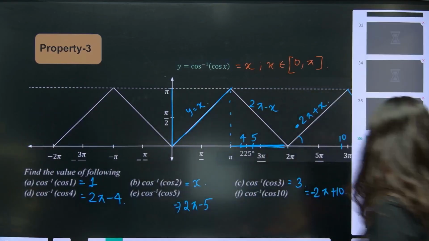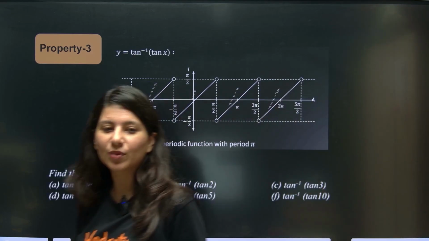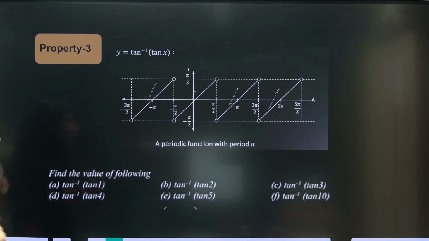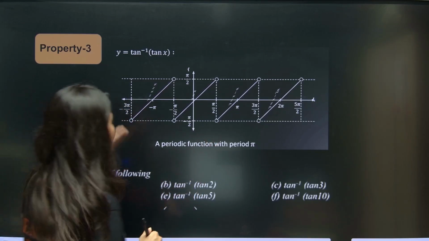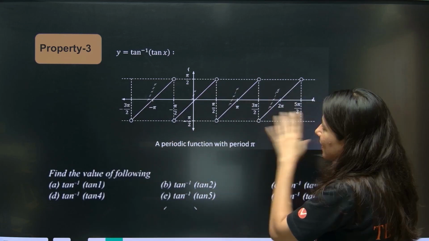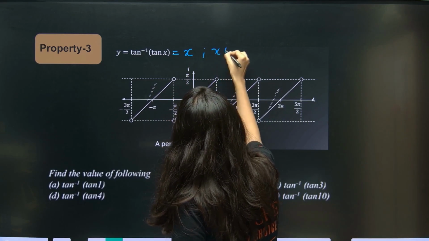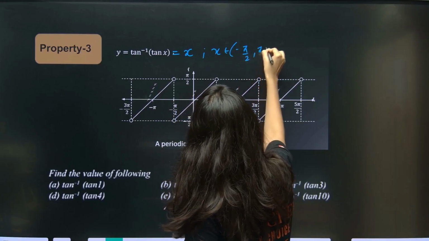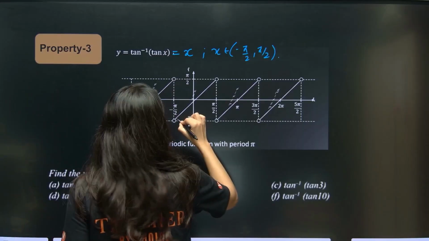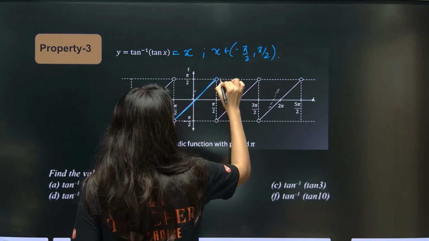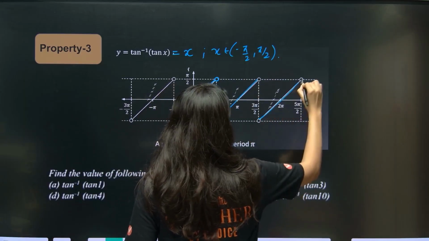Okay. See, if the graph is right here, you are able to do that. But if the graph goes away, you won't be able to do that. Make sure that you understand how to plot the graph. Okay. Now see, tan inverse tan x, this is so easy, because all the lines are parallel. First of all, tan inverse tan x will be equal to x for x belongs to minus pi by 2 to pi by 2. Okay, so minus pi by 2 to pi by 2, y is equals to x line, open bracket, that's why hollow circles.